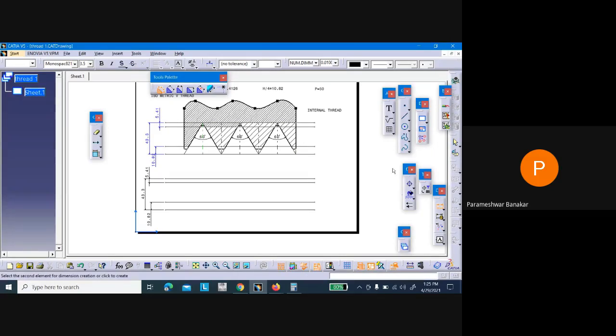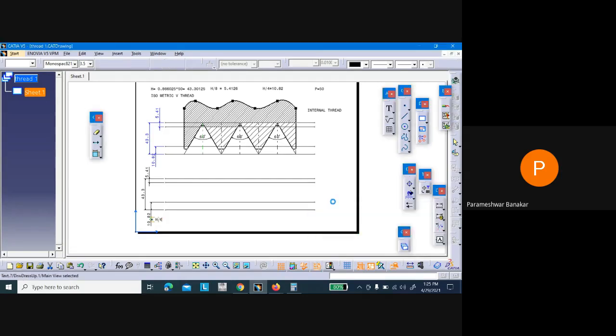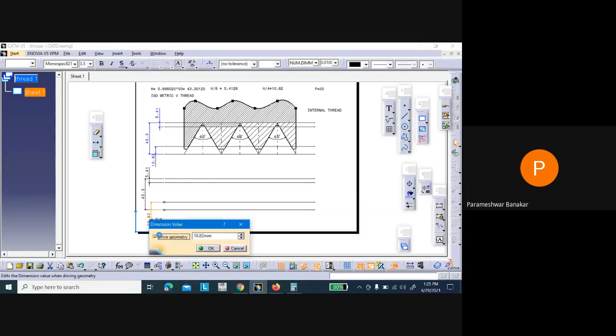For better understanding, I will write it here. This is equals to h by 6. Correct? And its answer will be 7.2166.